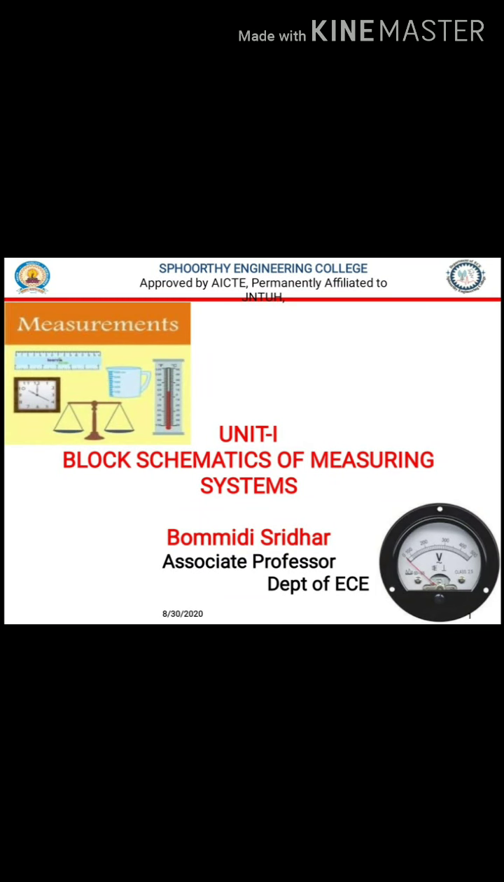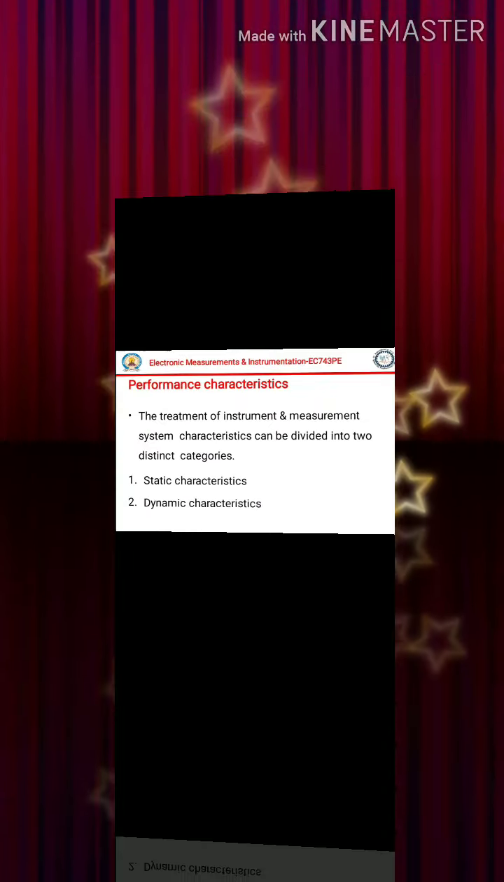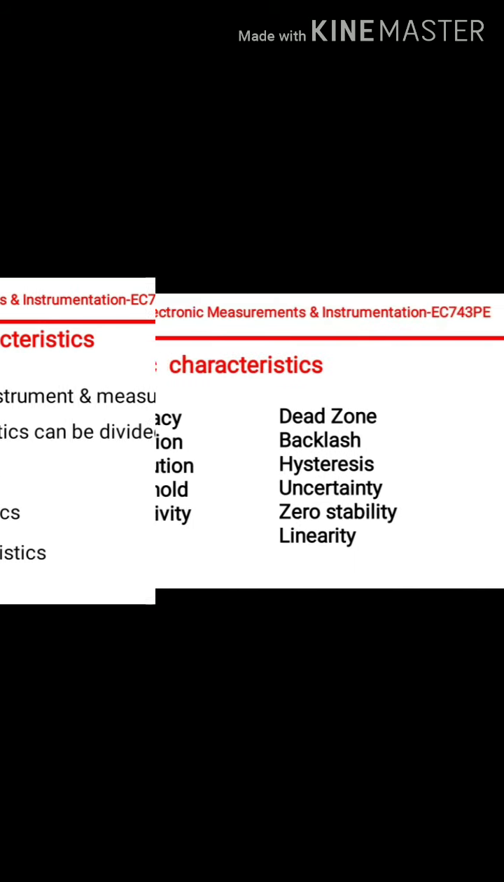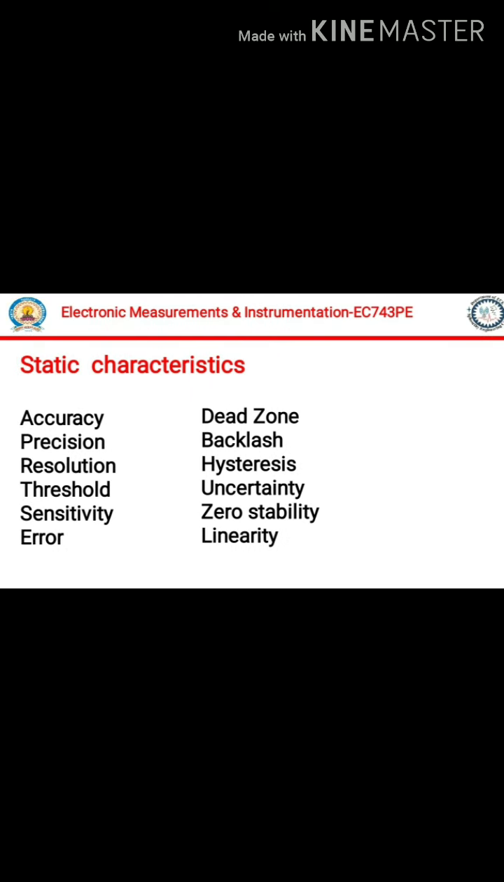Welcome to all. Today we'll discuss the performance characteristics of an instrument. All the performance characteristics of an instrument are broadly classified into two categories. One is static performance characteristics, another is dynamic performance characteristics. Static performance characteristics define the performance of the instrument which are static in nature, which are independent